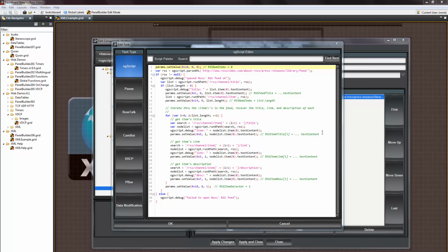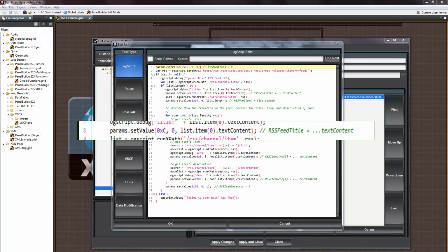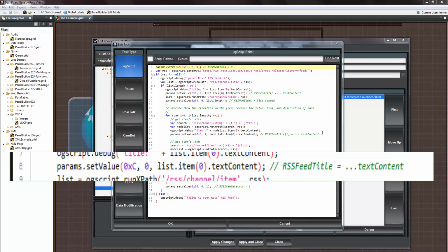Again, we check that it's not null, to make sure that we've got a valid XML document here. And the next one to look at is line 8. In RSS feeds, the data is not passed as attributes of the tags, but as the text content. Text content is the content between the opening tag and the closing tag of an element.